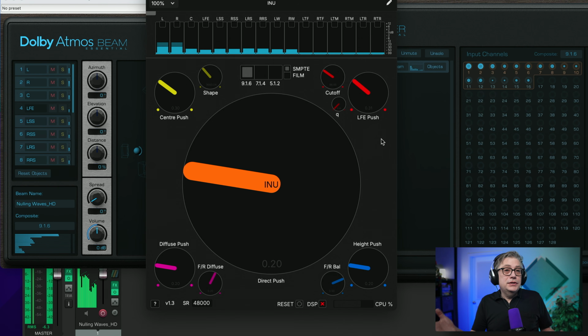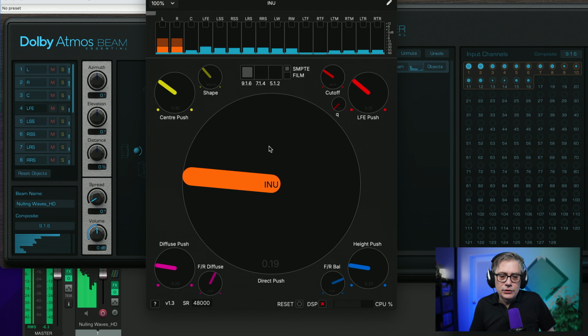After I've pushed the signal into the center channel and the LFE channel, the remaining signal is going to be distributed throughout the individual speakers. The way I can change how much of that is sent into the surrounding speakers is with the center dial, which is the center direct push. This direct push tells me how much of the direct signal is pushed into the diffuse field. If I'm increasing that, you will see that the surround channels are going to increase in gain.